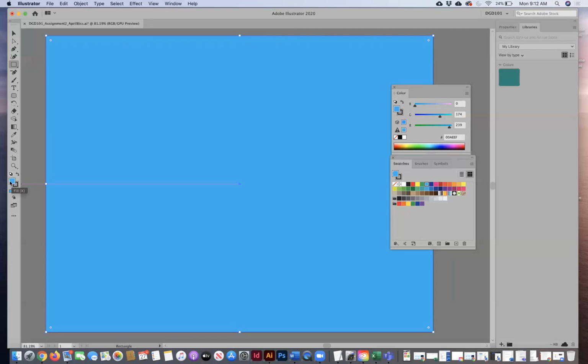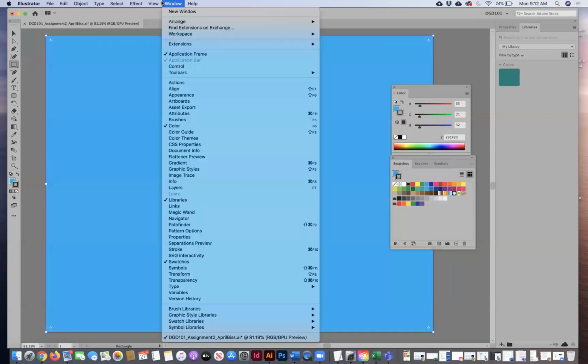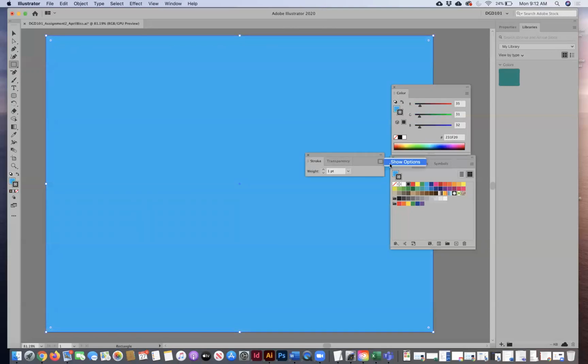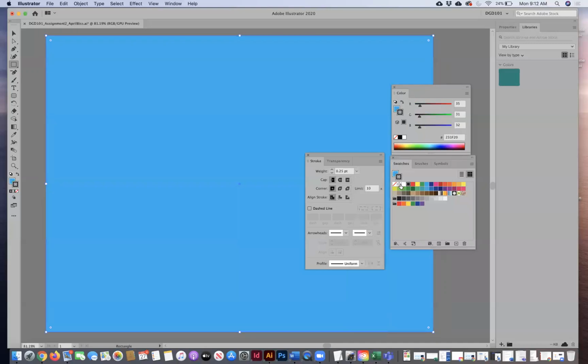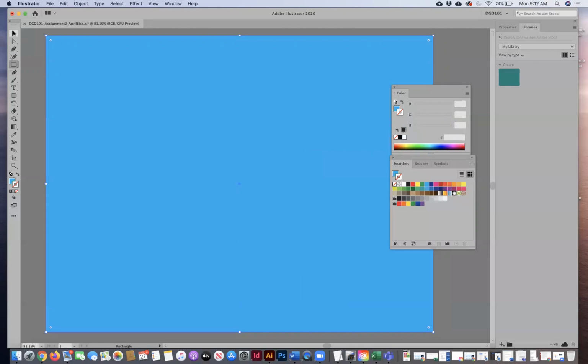As long as your fill in your toolbar is in the forefront, meaning it's closer to you, that's what you're filling this with. Your stroke is basically the outline. So you'll see here, if I go to stroke under my window option, and I make this a little bit thicker, so it's at 1 point now, you'll see the stroke get thicker. Now I don't really necessarily need a stroke here, so I'm just going to hit none in my swatches, which looks like a little square with a red dash. Okay, so there's my